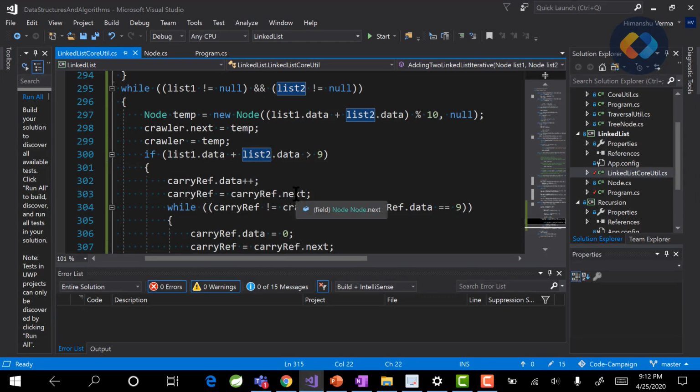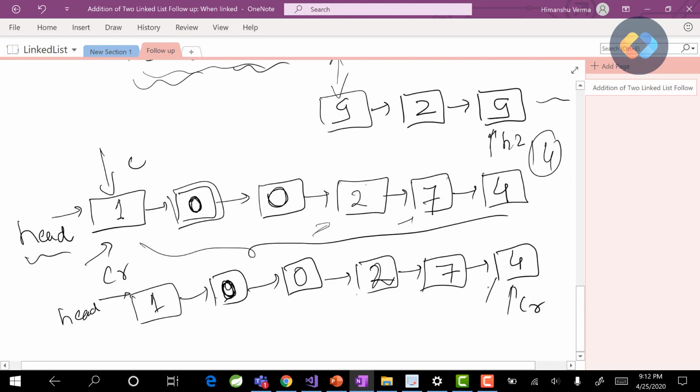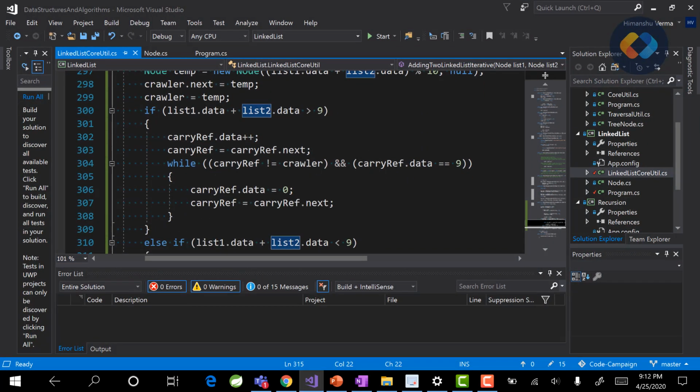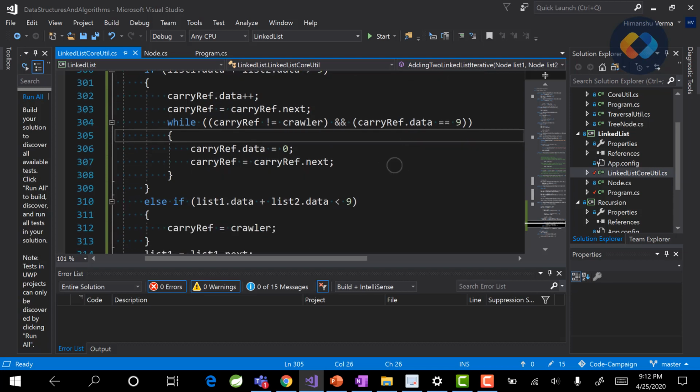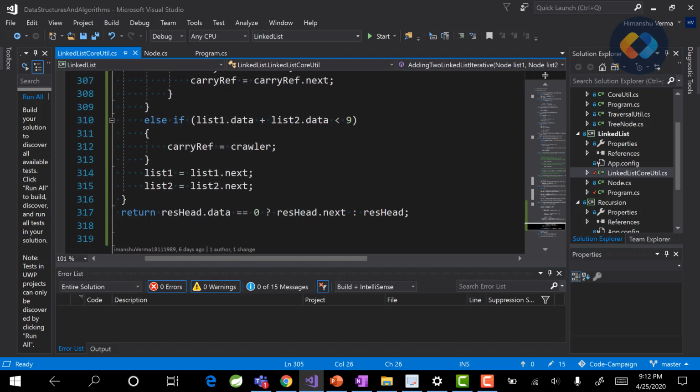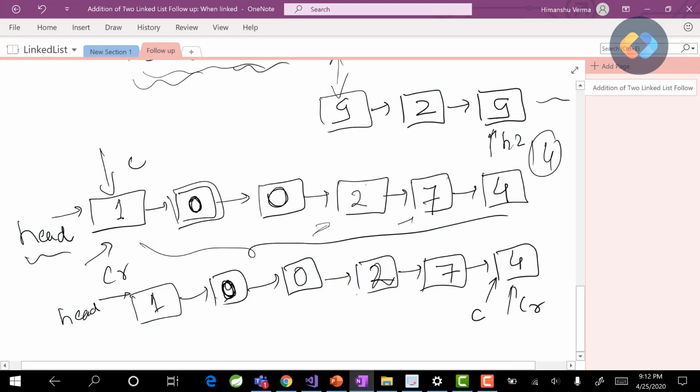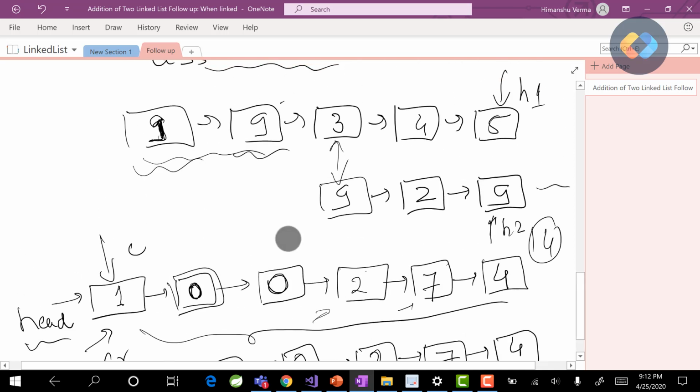So yes, carry will come here. Let's see what our logic says then. It says it should not be equal to the crawler, but in this case it will be equal to the crawler, so this loop will never run, right? And after this, we'll move our list 1 and list 2 pointers to the next element. So basically list 1 and list 2 will move out of the list, so they will start pointing to null.